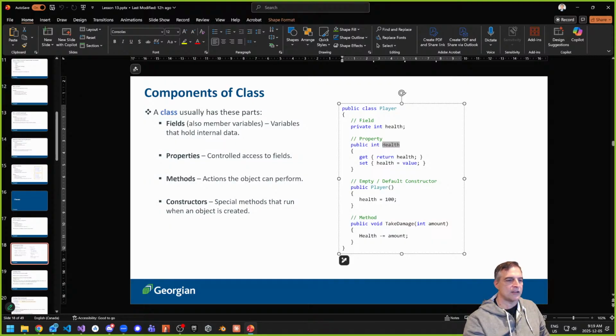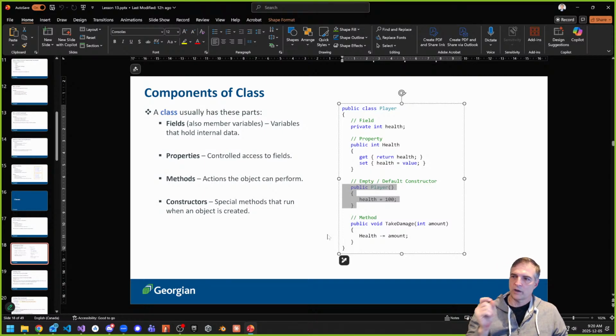And then methods, that's another construct. Methods are actions. We've seen what methods can do. You can pass parameters to methods. They can return things. Lots and lots of things that we learned about when it came to methods. And we have a special type of method called constructors. We've also talked about this. And the constructor is something that triggers the first time, or runs once, when you create an object. So whenever I create a new object, the constructor is run. One thing to know about the constructor method, it has the same name as the class. So if the class is called player, then the constructor is also called player. All right, that's the thing that you'll see.